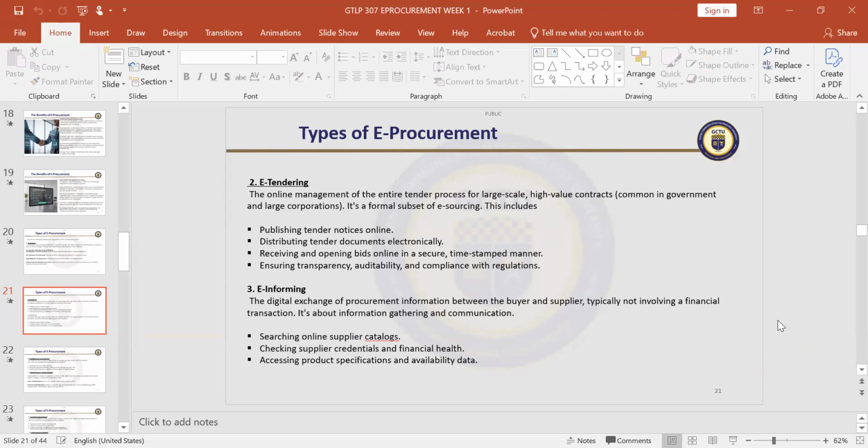When we meet face-to-face, we will go through the GANEP program so that we will know how information is being put there. You get the tender details, the details of the items that they need, specification of the items and everything. You have them online. So there is exchange of this information between the buyer and the supplier. The buyer will give the supplier all the necessary details that the supplier needs as far as the product, the specification, and what kind of product they need. Sometimes the time frame, the quantity, everything. Right? But it does not involve financial transaction.